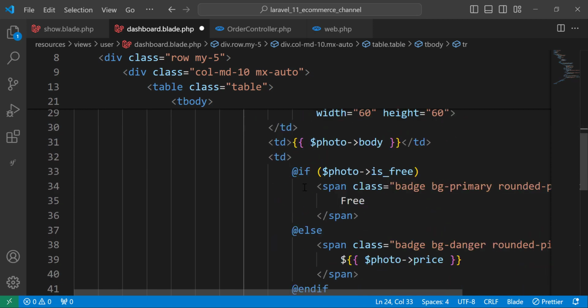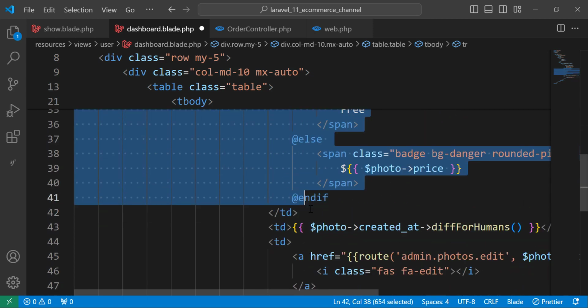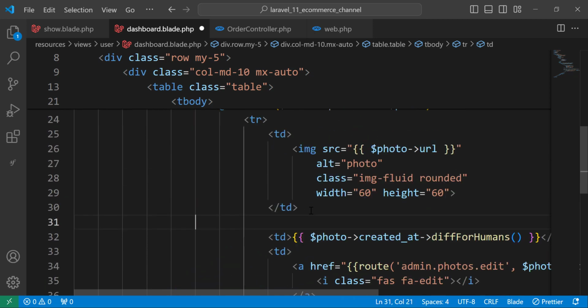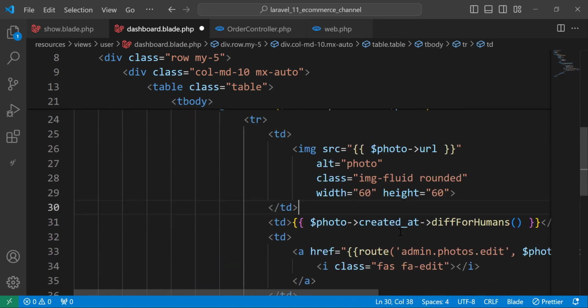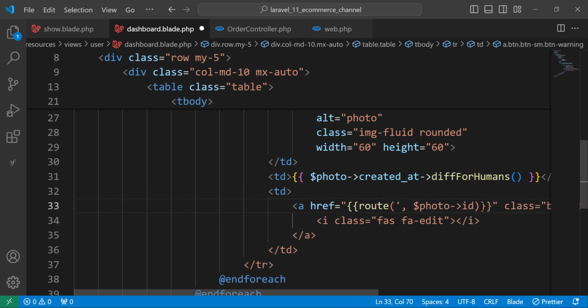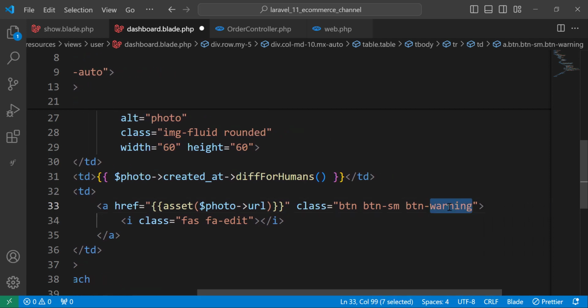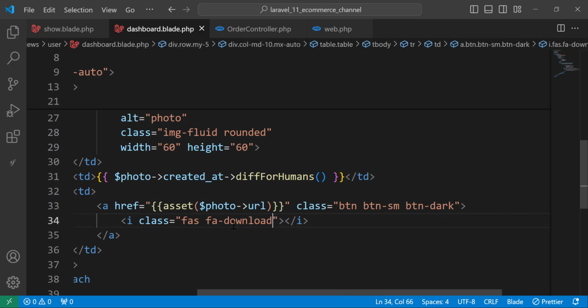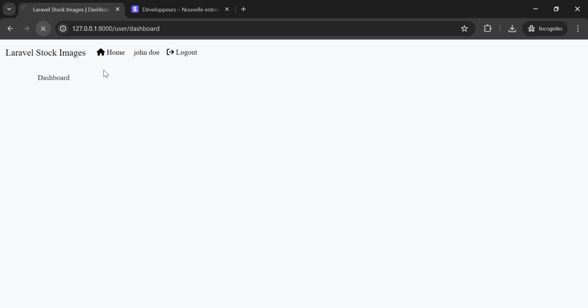And what else? We don't need this one, the body, and this one, and here created at. And what else do we need? And here we need to provide the routes, not the routes, but the photo URL using the assets, and the photo URL, this one. And what is the button here? We can change the button to dark. And I think we have file download. Let's check if we have the icon or not. So let's refresh the page and see